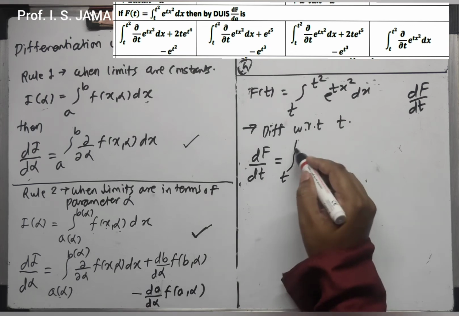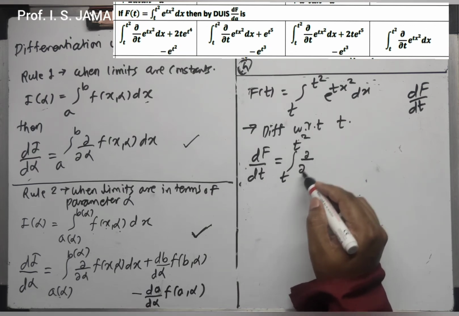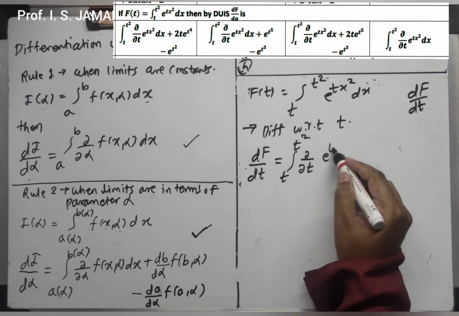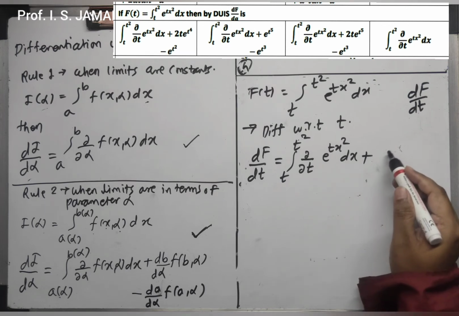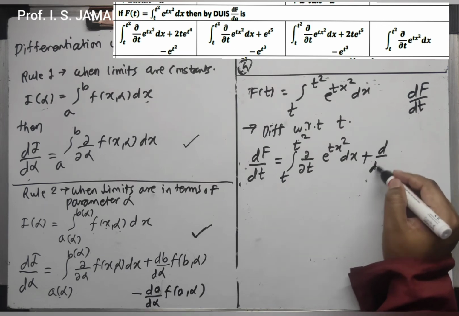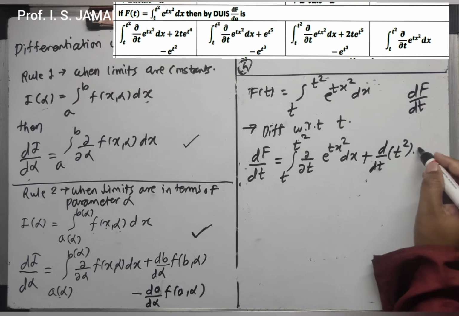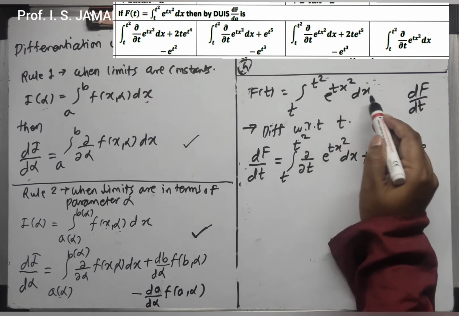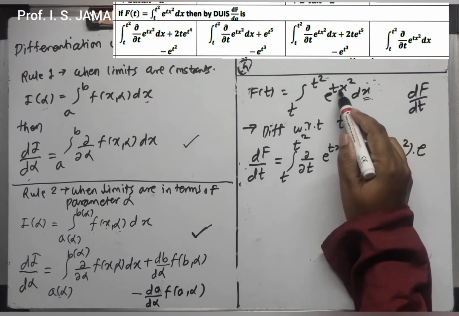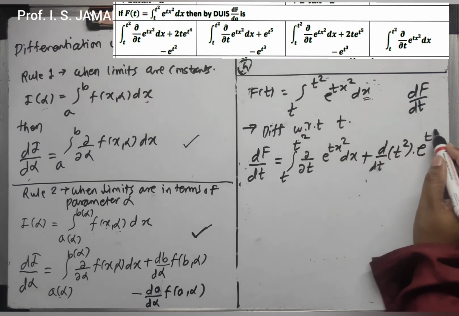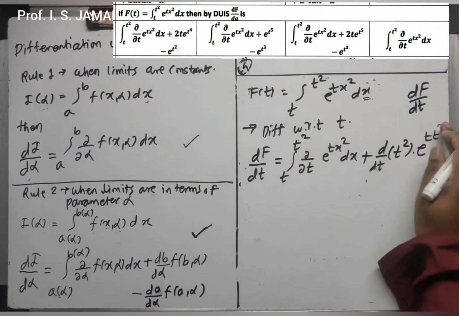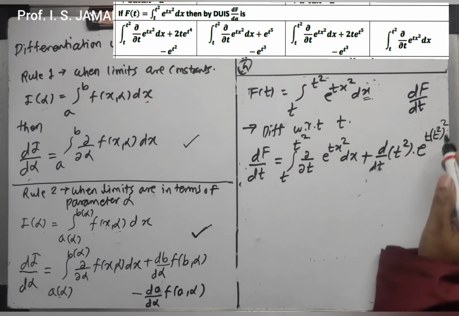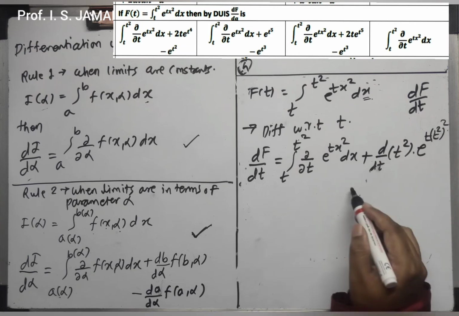So first thing, take the partial derivative inside the integration, that is del by del t of e raised to tx square dx, plus the next term, the derivative of the upper limit, that is d by dt of t square, into e raised to tx square. X you have to replace by the upper limit, that is e raised to t into t square, e raised to t into, it is actually what? T square square. X is t square, so x square you have to replace by t square square.